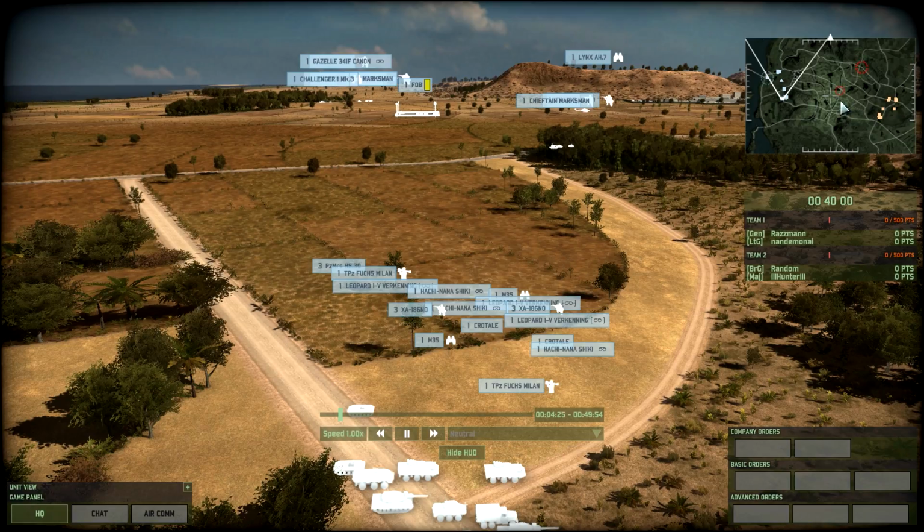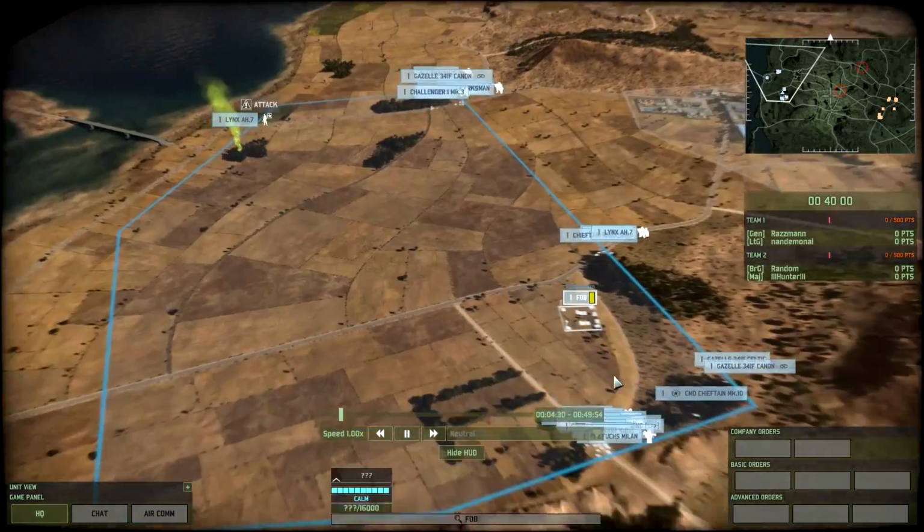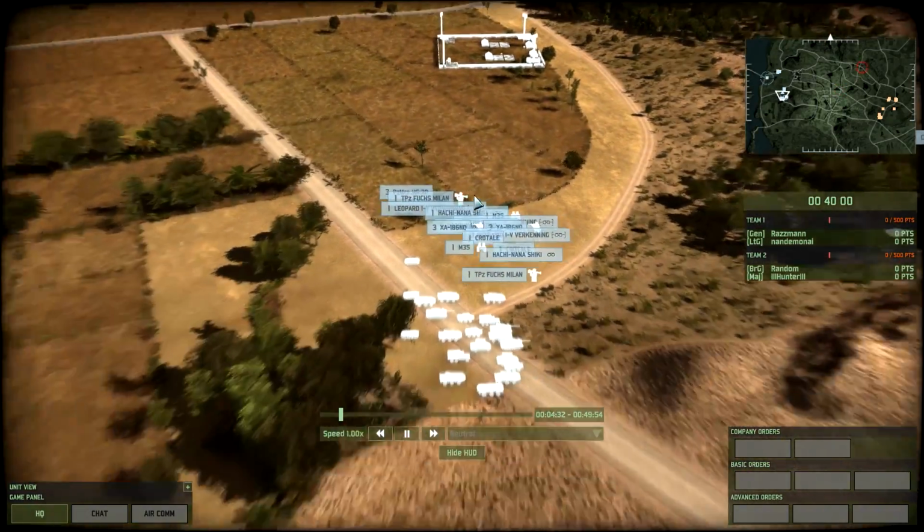If you can get the Hachinanas actually to the right side of the Echo India town, then they could catch out a lot of those APCs before the infantry is dropped into there. So